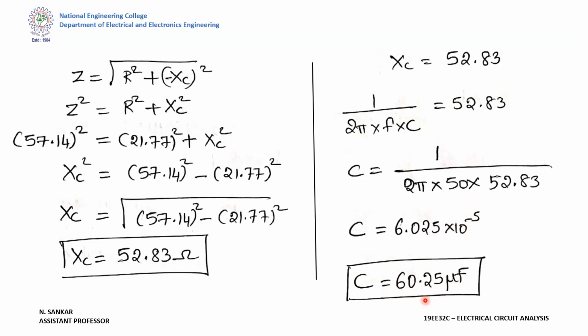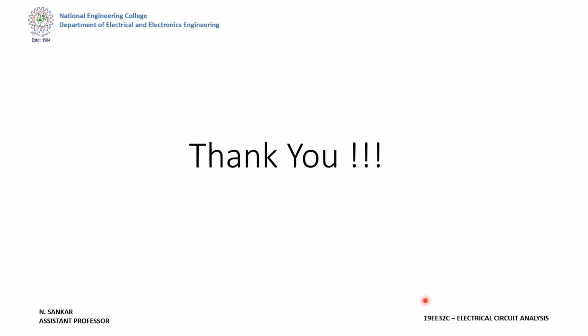So we calculated the unknowns R and C. In all the sums, we have seen 5 sums, right? The main thing you should remember is, first, the formula for impedance calculation. Then, as per Ohm's law, V is equal to I Z. Next, cos theta is equal to R by Z. The fourth one is the formula for real power, reactive power and apparent power, that is VI cos theta, VI sin theta, VI, or else simply root of P square plus Q square for S.